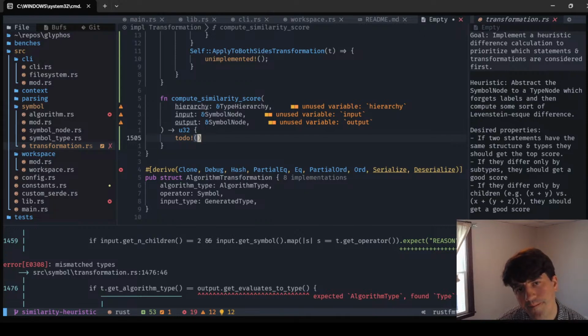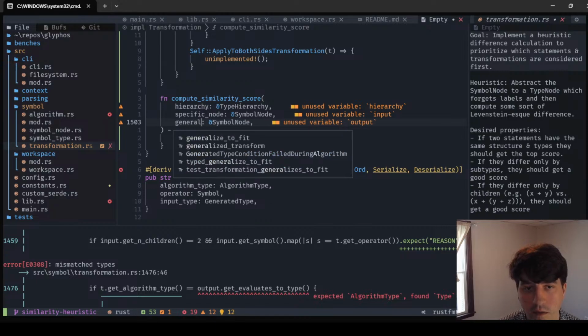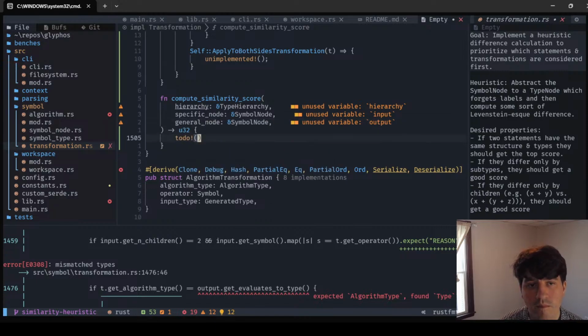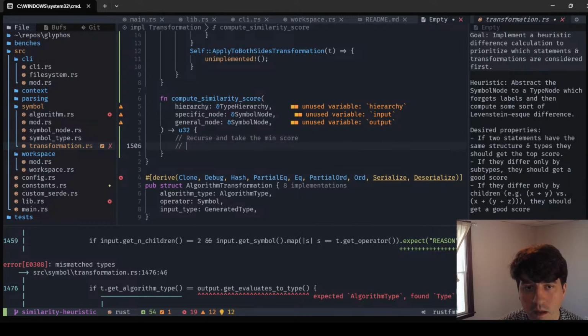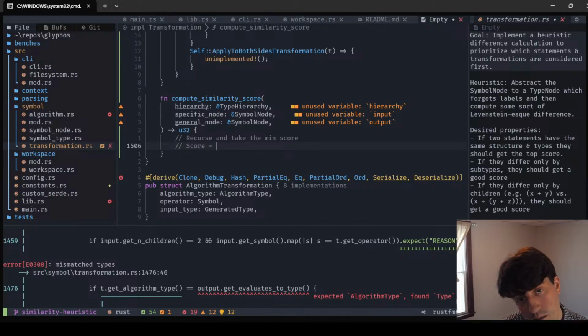So we're going to look, let's make this specific node, general node. So we're going to take the max of something. So we're going to recurse and take the min score. Score equals